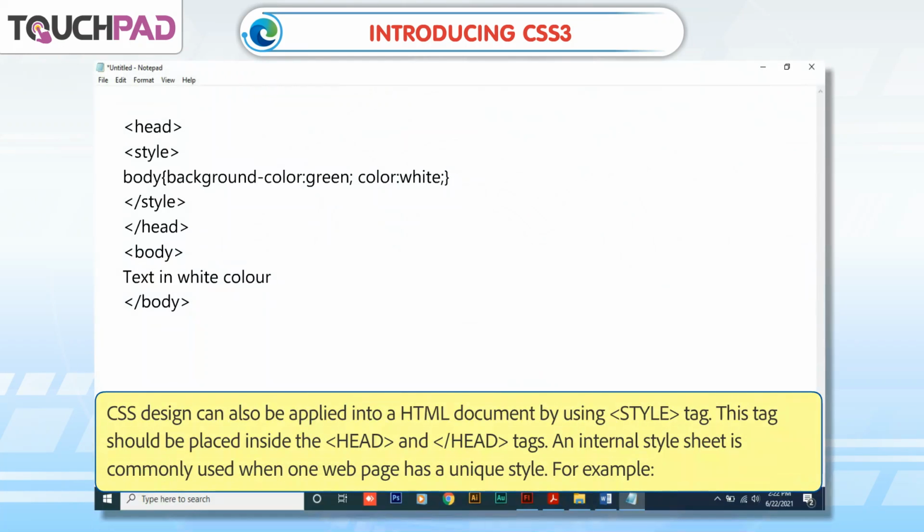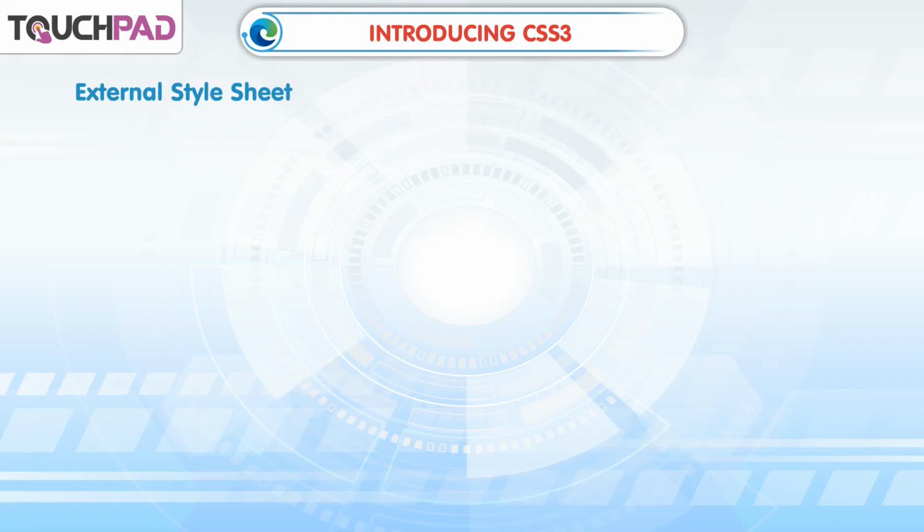Internal style sheet. CSS design can also be applied into a HTML document by using the style tag. This tag should be placed inside the head and /head tags. An internal style sheet is commonly used when one web page has a unique style. For example,